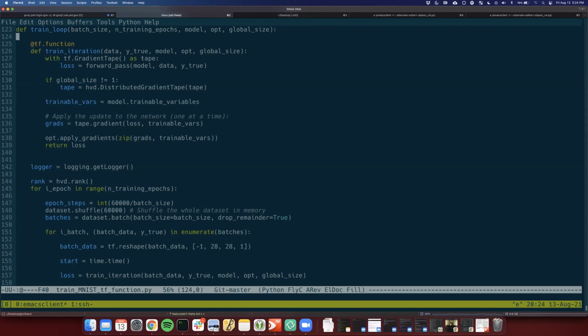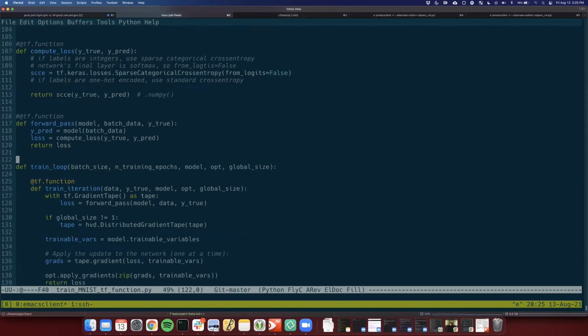So what this does is, well, a bit of background. In TensorFlow 1, which was before there was eager execution in TensorFlow, you had to define the entire computational graph before you executed it. Now it's more like traditional Python you're used to, where things are run as soon as they're executed, more or less. So it's good for productivity and usability to have this eager mode that is now the dominant one in TensorFlow 2. But we lose some of the performance we might get with having the entire graph defined,